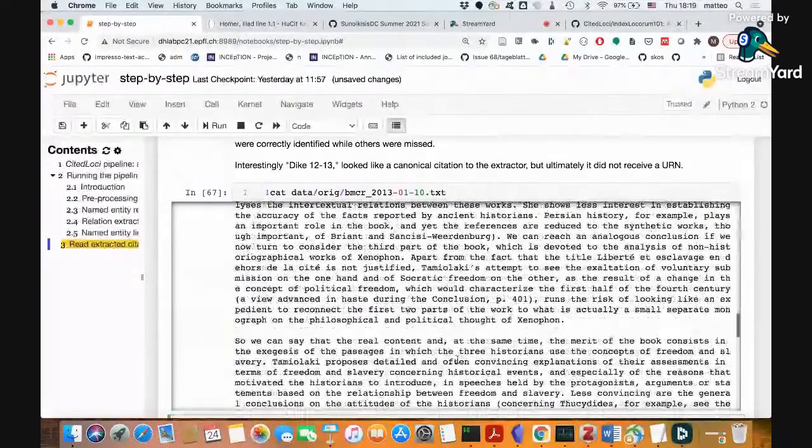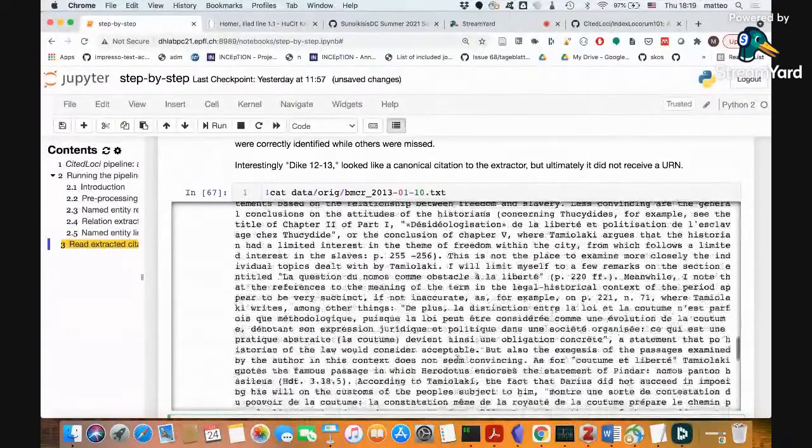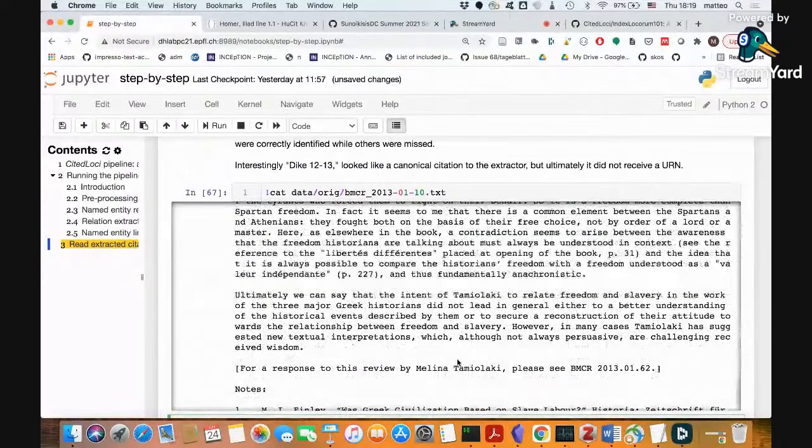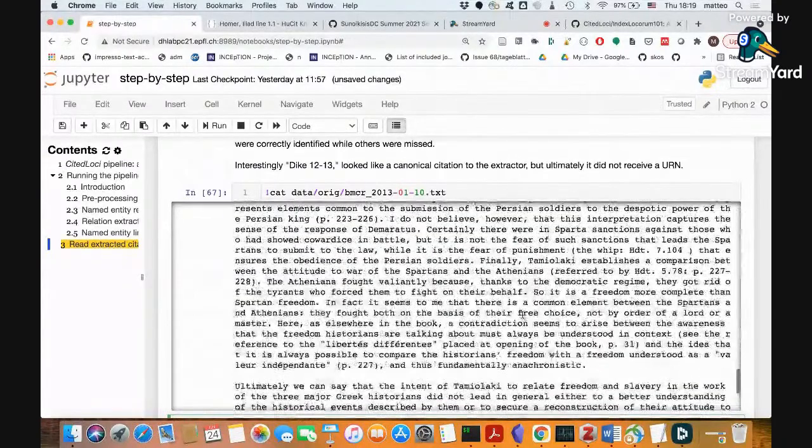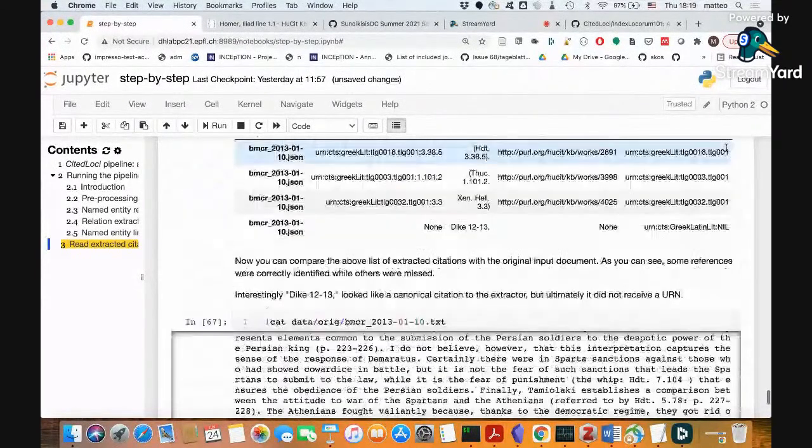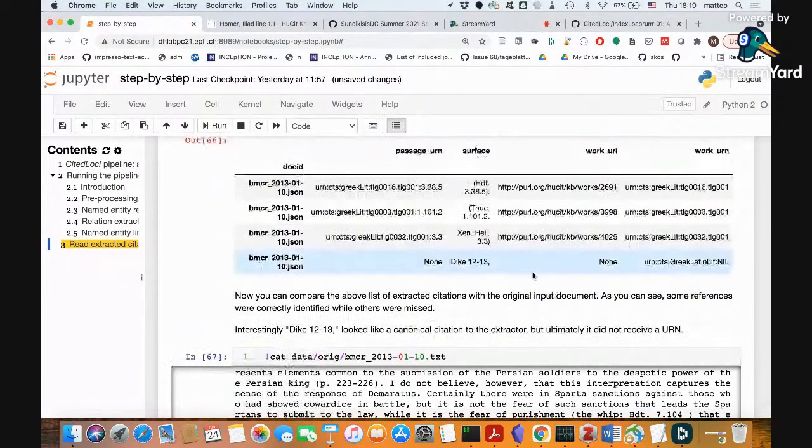I think, for example, I spotted one the other day. I cannot find it right now, but here, I think Herodotus 578, we don't have it in there. And also Herodotus 704. So still a bit of room for improvement, but I hope this notebook will be useful to run the whole pipeline on this example data.